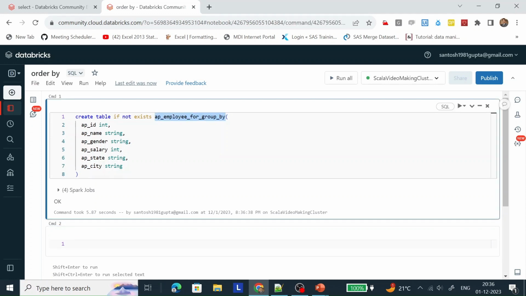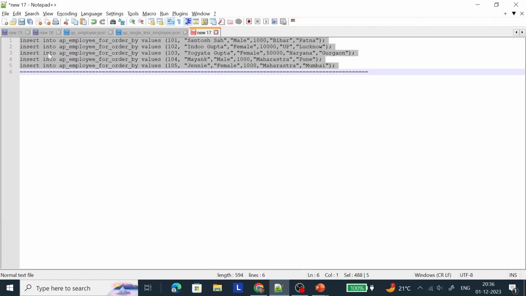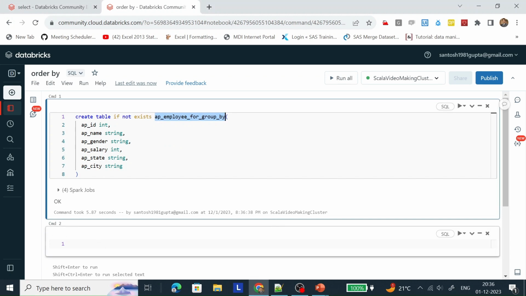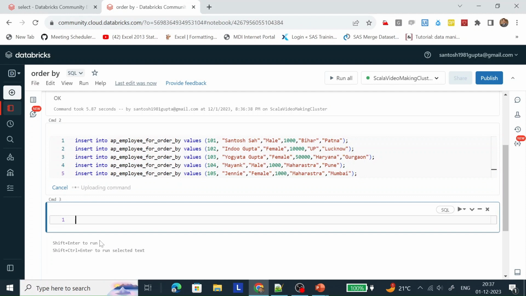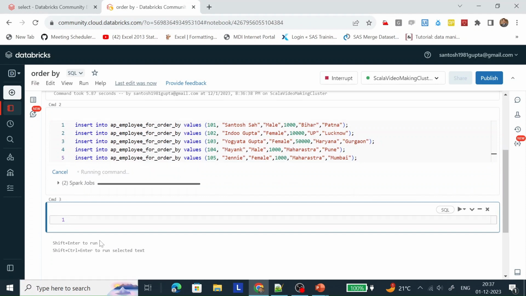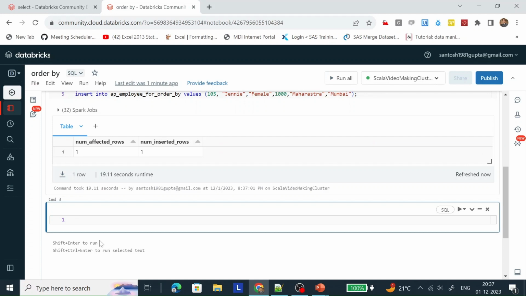Let's insert some records in it. So we need to create the insert statement. I have already created it. Let me copy it and paste here. Let me run it. Okay, the records are inserted.